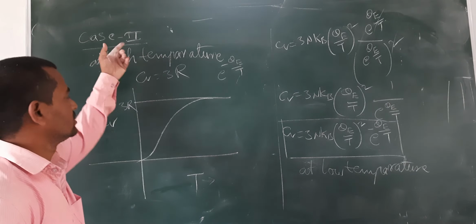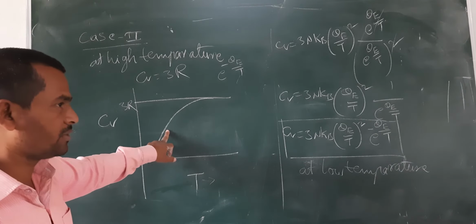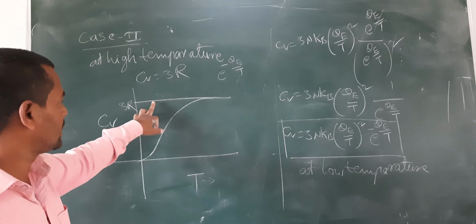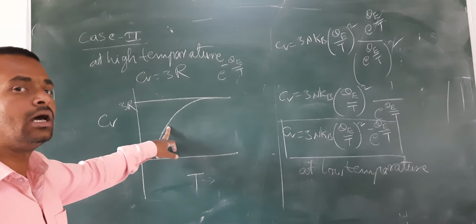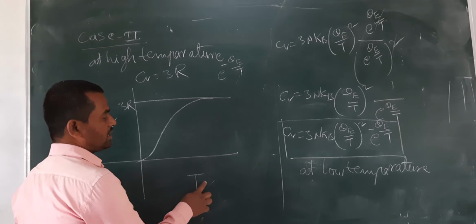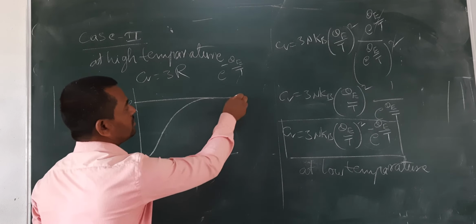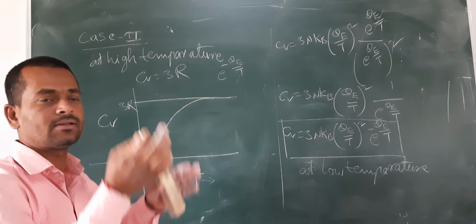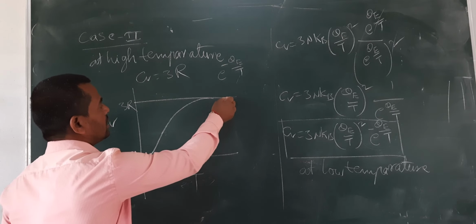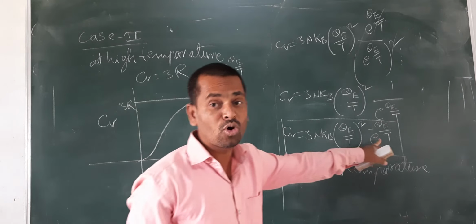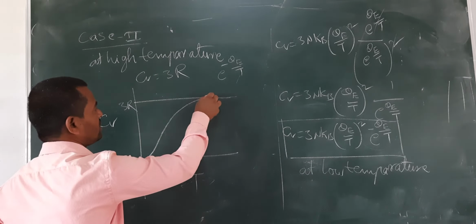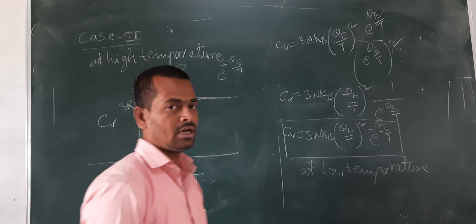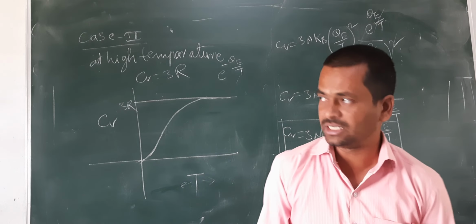So what we got in the second case. So it is the first, it is using the second case, and it is using the first case. That means it is at higher temperature and it is at lower temperature. So when you increase the temperature, it reaches the maximum value. Then beyond it, the specific heat doesn't change even though temperature rises. But when the temperature is decreasing, it gradually, exponentially decreases. Right? Okay, so this is the Einstein theory of specific heat, two cases.